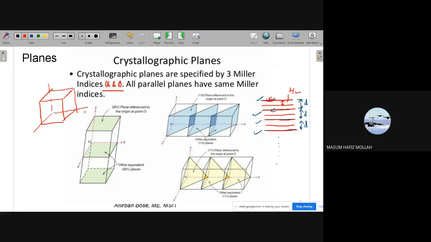The total height divided by distance between two planes. That means at least two planes you have to show, otherwise you will not be able to show the distance. Because you know that when you are representing a set of planes by Miller indices, it represents an infinite number of parallel planes. But when you specify the distance between any two consecutive planes, that means you completely specify which set of planes you mean. That means at least you have to draw two planes. Then only you will be able to understand, okay, all other planes you just consider parallel to that, with the distance between those two planes, right?